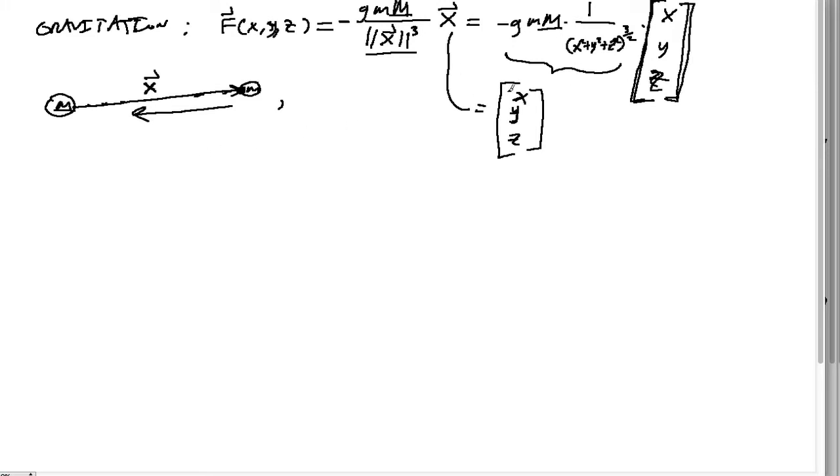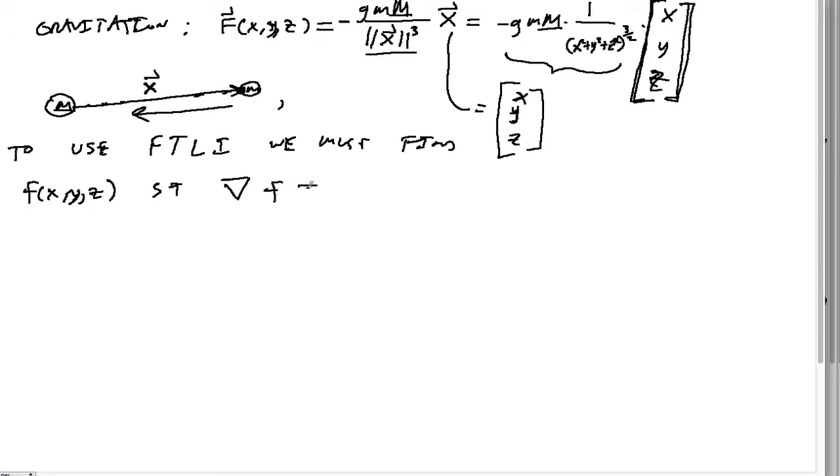So the question then is, in order to use the fundamental theorem of line integrals, we must find an f of x, y, and z such that the gradient of f is equal to our capital F. Can we find that? Well, it's pretty straightforward. If you look at this and you do an antiderivative in any of the variables, we can find that